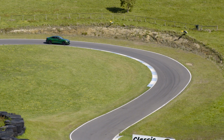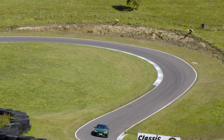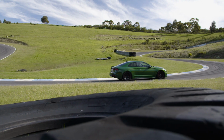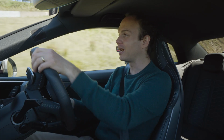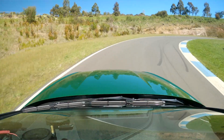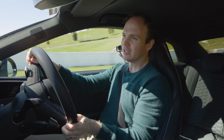So here we go, turn in, turns in strongly, back off a little bit, there we go, tucks the nose in, get on the throttle. Now, if you pick up too much throttle too early, it will pull wide. You will get a bit of power on understeer, but as long as the nose is stuck,